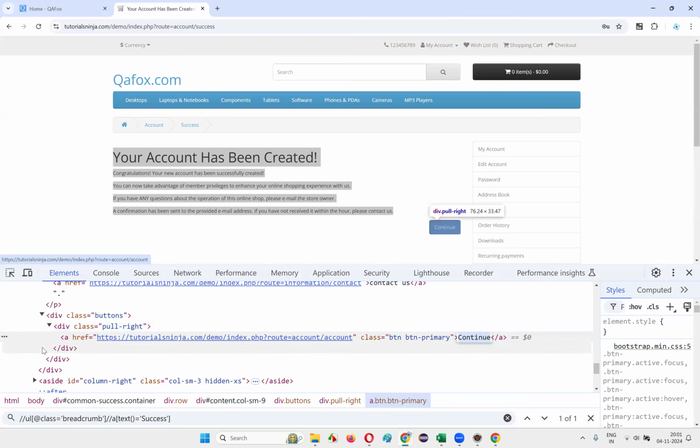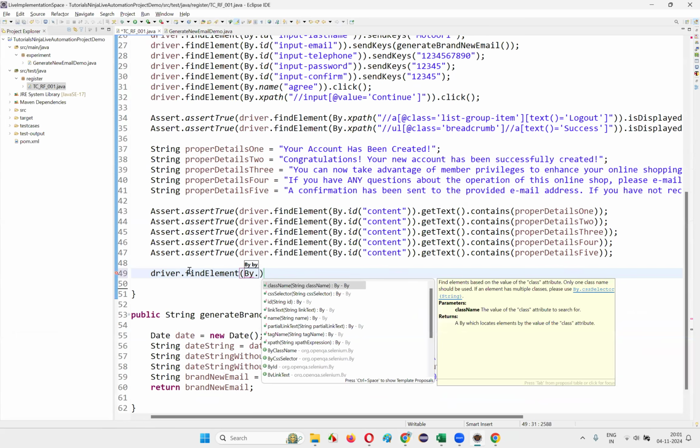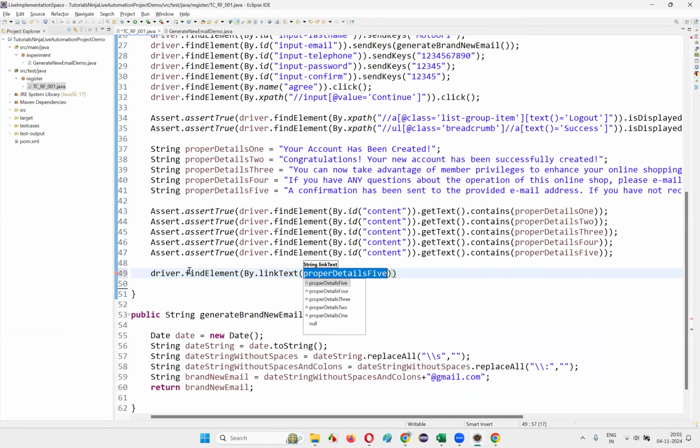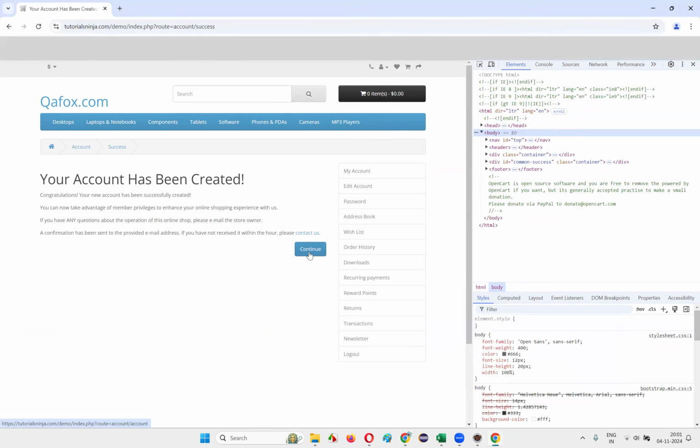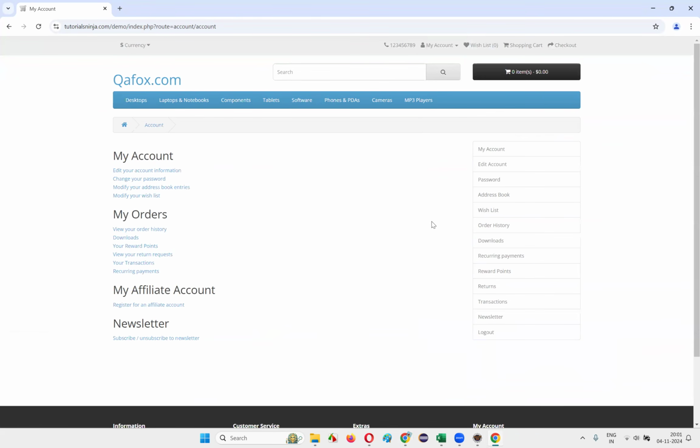Copy this continue, which is a link text, and simply write driver.findElement(By.linkText), provide the link text locator of that continue button and say .click(). So the continue button on this account success page will be clicked. Once it gets clicked, once the continue button on the account success page gets clicked,